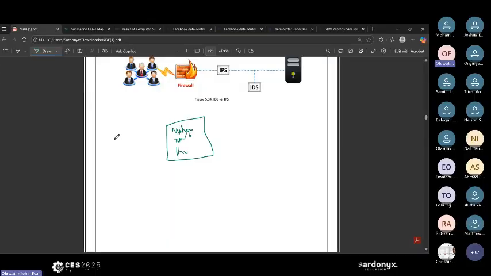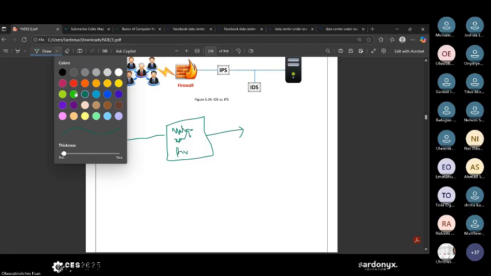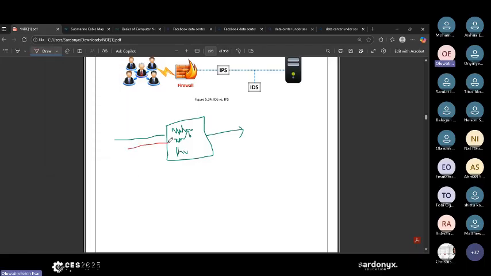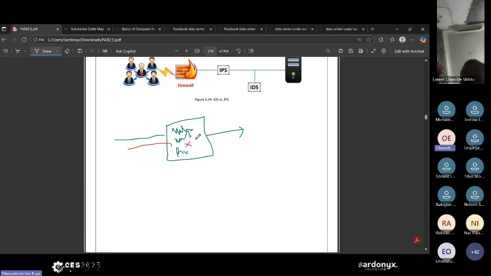So if anybody is coming, it will check for all these signatures, right, to see if it matches any one of them. If it doesn't match, then it gives access. But if any traffic is coming and it checks it against all the signatures, malaria, typhoid, and it sees that it matches any of those patterns, then it blocks it and tells you, come on, this packet that is coming, this person that is coming has malaria. That's signature detection. So it has a database of all these malwares.